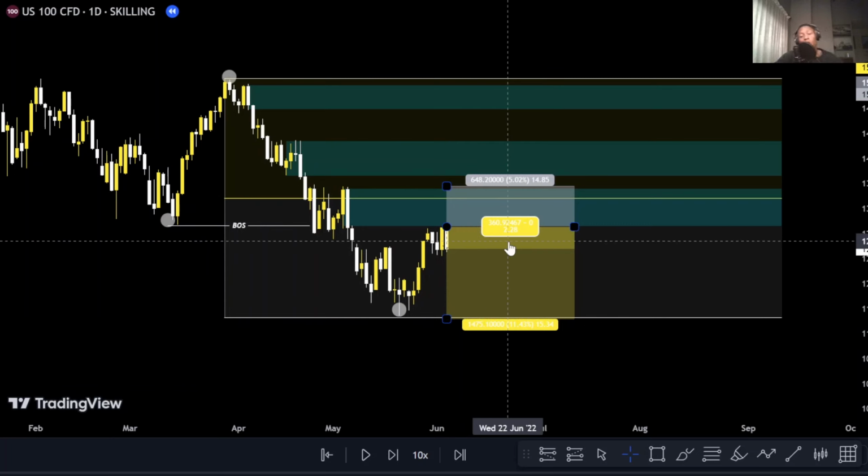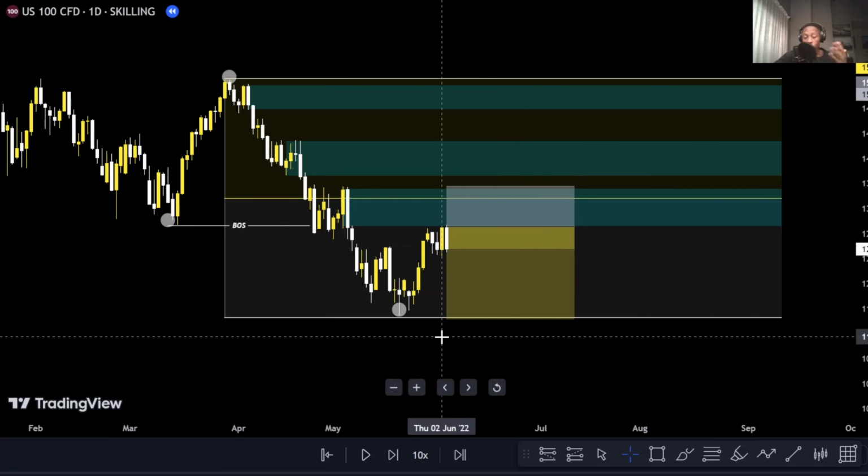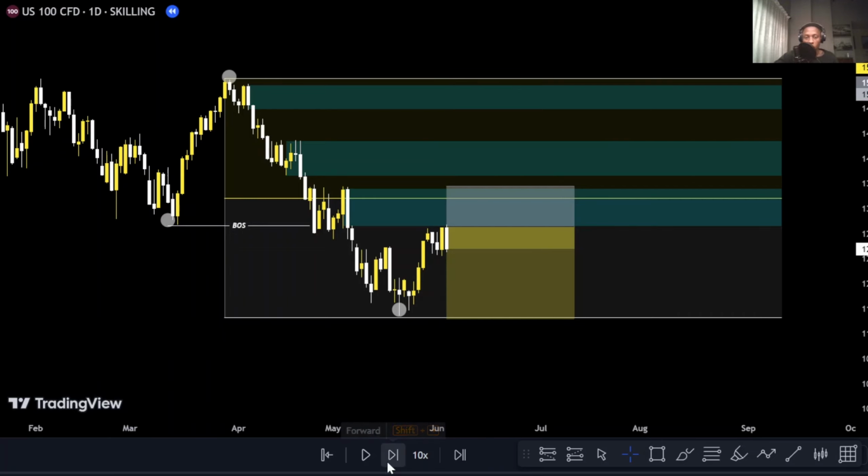Yes, on a longer scale, you could probably be consistent with the 1:2. But now we're looking at it as long term. Out of those 100 trades, how many of these trades are going to be probable to work out like this, right? And this is what I'm going to show you, what the discount and the premium actually does for you, right? So we fast forward price,